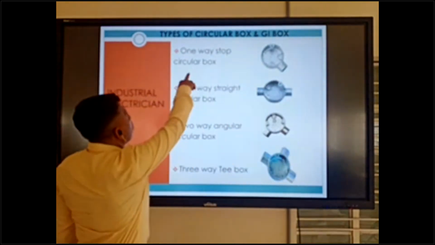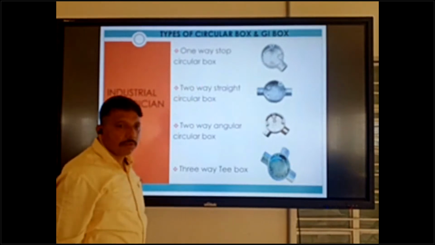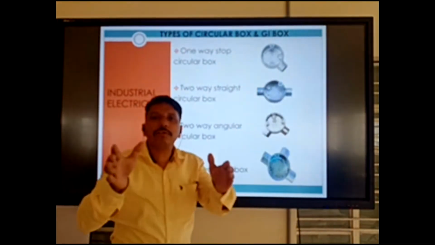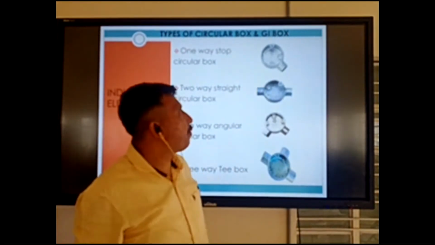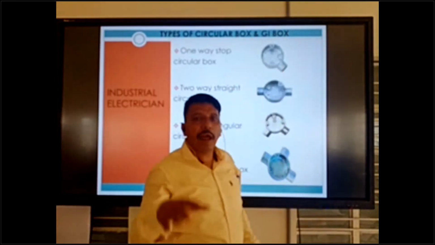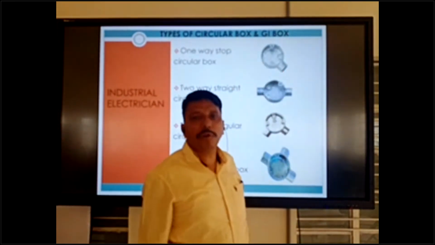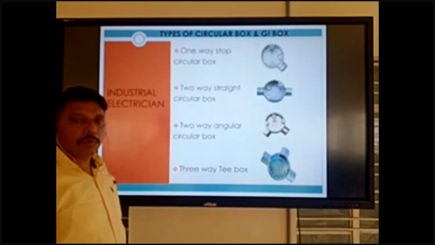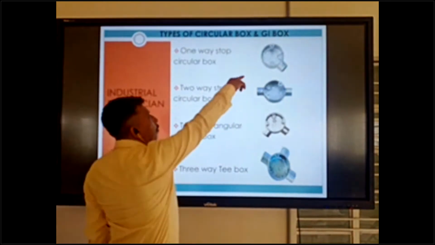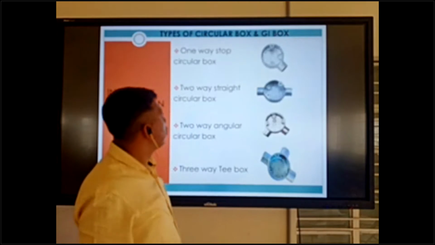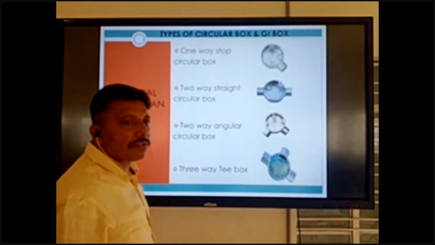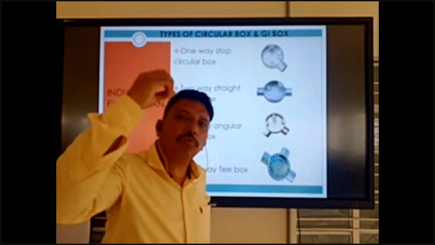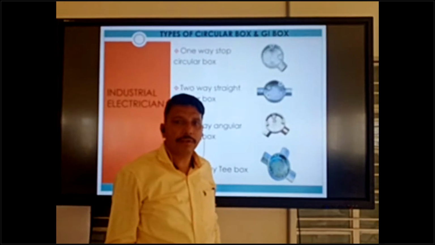Okay, so one way stop circular box. This we can use at the end of the circuit, the end of the point. If the point is going to end, that time we can use a one way stop box. It is used when your route, your point is closed and there is no more going to other points, the last point.